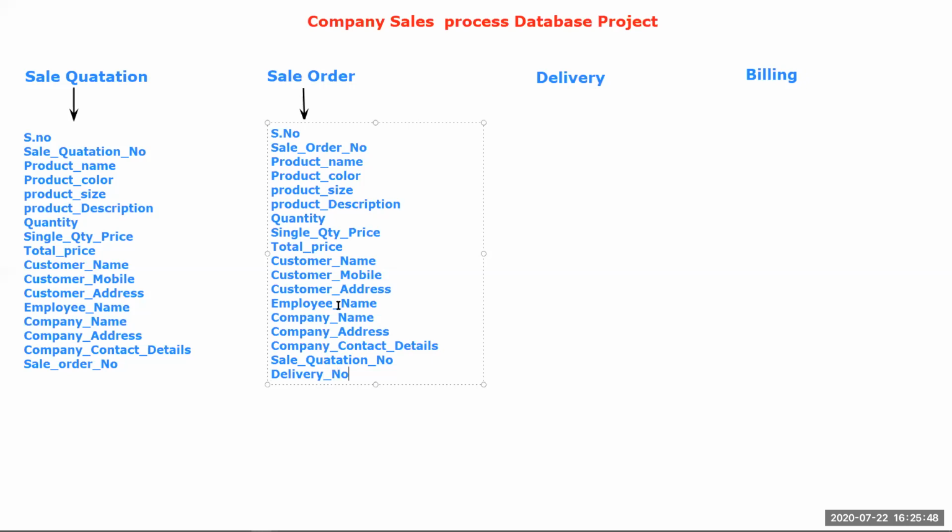Okay. This helps you find easily which orders have converted into delivery. So you can easily find by using the delivery number field here. Okay. So then next, go with the delivery table.